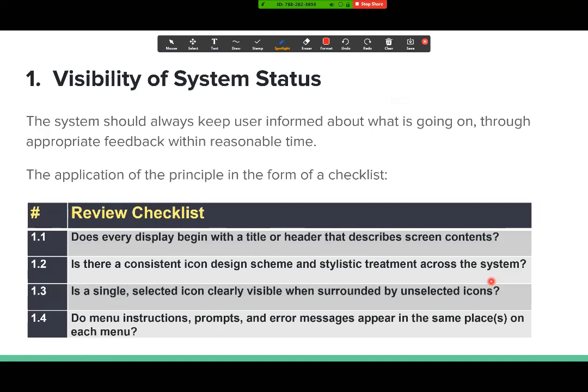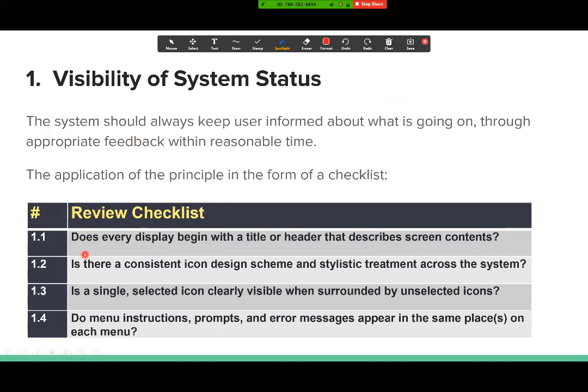Now, Nielsen has 10 principles. So instead of going through every one like that for you, a simpler way to approach it is that for each one of Nielsen's principles, there is a checklist, and you can get a checklist easily online. What a checklist does is give you a list of different things that they have for each principle.